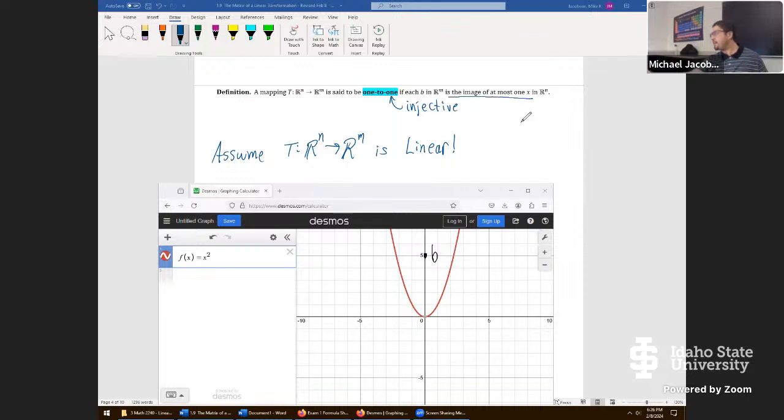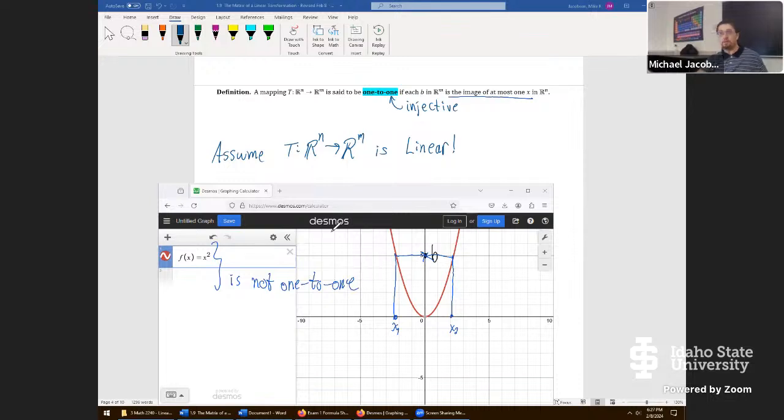It's supposed to be the image of at most one X, but there are multiple ways. You could take this X value, goes up, and it maps to B. Let's call it X1 since that's one of them. And there's another X value right down here. Let's call this X2. It goes up, maps back to B. So this one is not